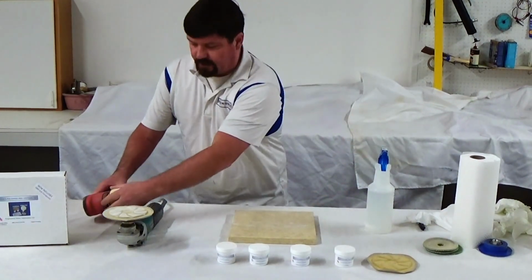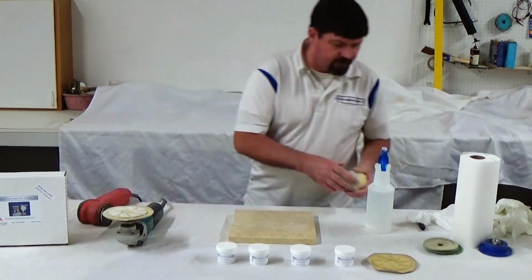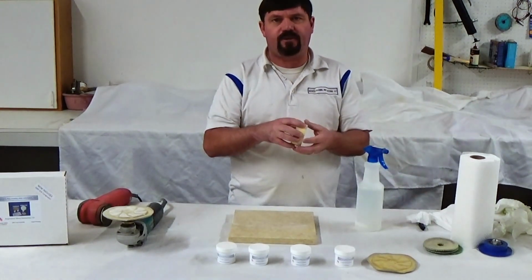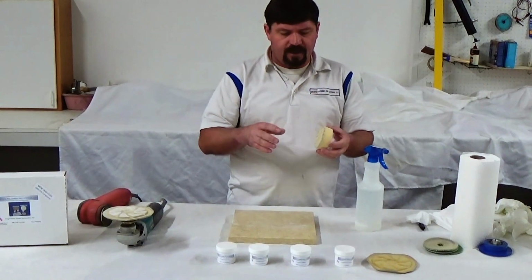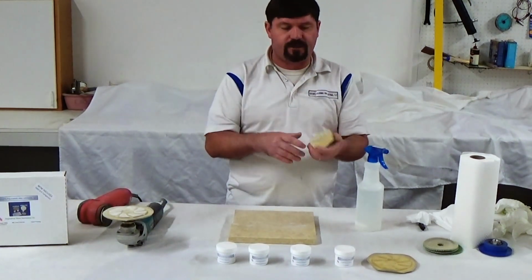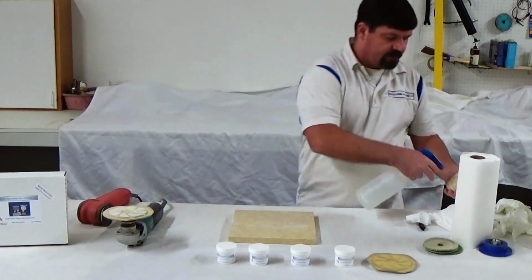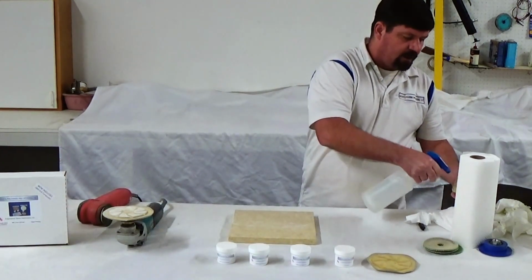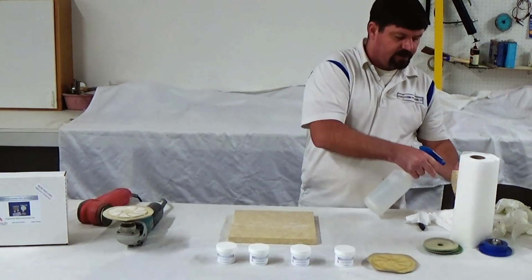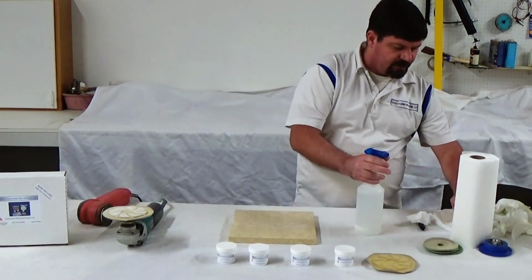So now that I've gotten my texture and everything done there, you can take your Velvet Touch pad to a sink, because we used a 3000 grit compound with it. Normally you want to rinse this out really well. Just take it to a sink and rinse it out. I'm going to just go ahead and soak this thing down with some water. Try to get that excess 3000 out of there, because now I want to deal with the finish on here